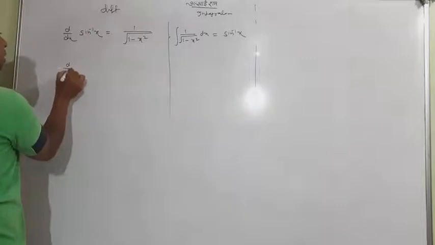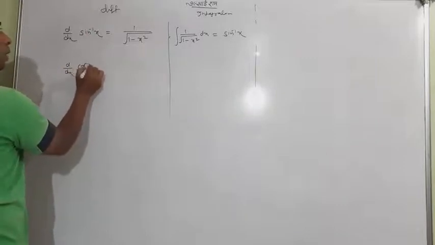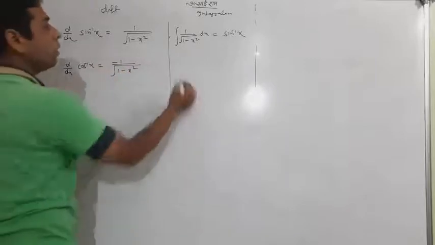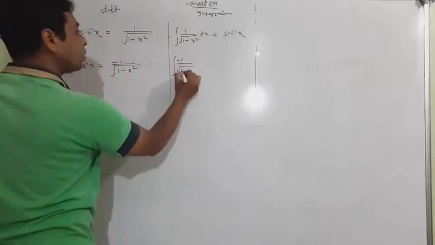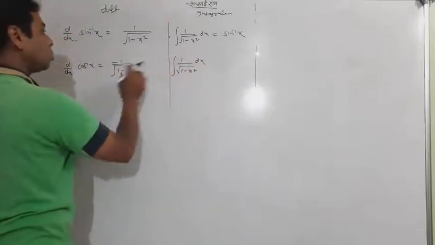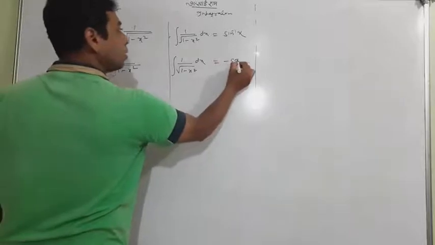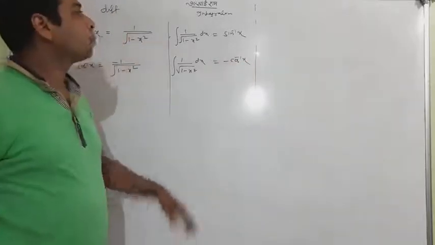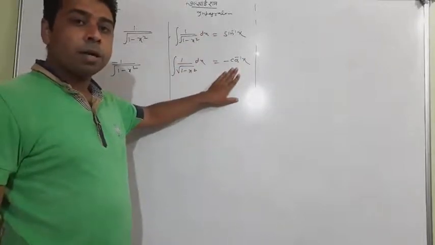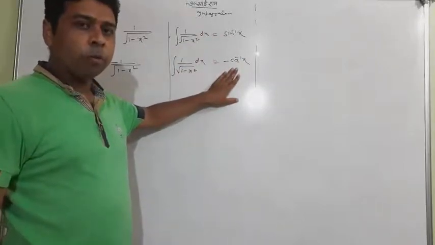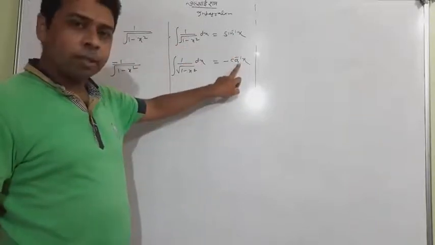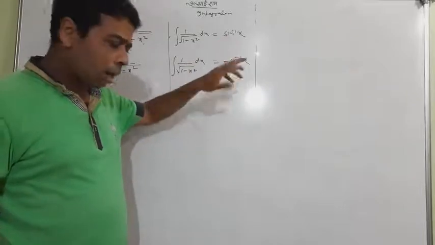Now let me speak about cos inverse x, students. The differentiation of cos inverse x is this one. So if you create the reverse formula, I tell you one thing, I want to use a minus with this. So this will be minus cos inverse x. Let me speak frankly, we have 1 upon root of 1 minus x squared equal to this or this. I want to advise you to remember only one formula, because both have the same function with two different answers. Actually these two are equal.